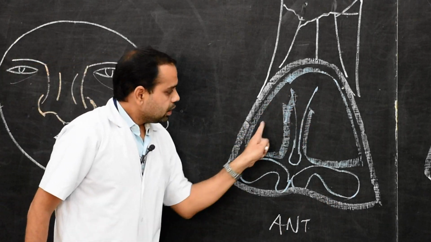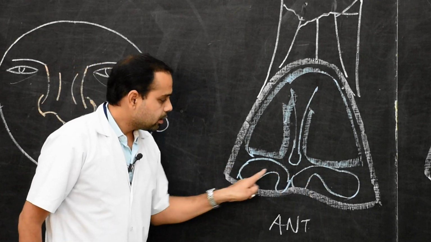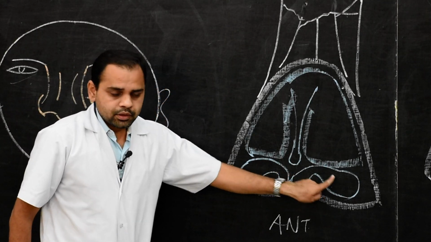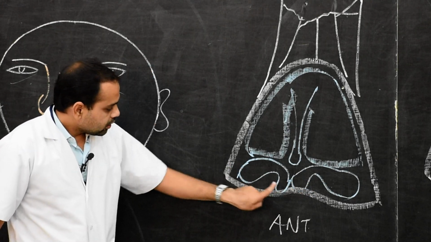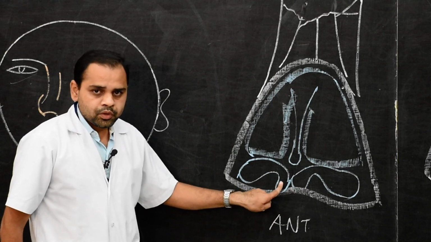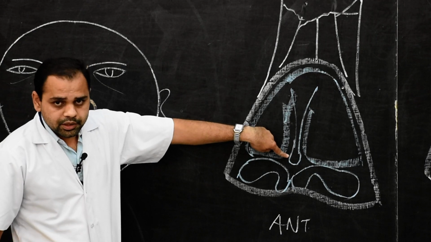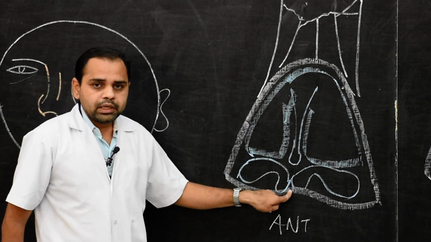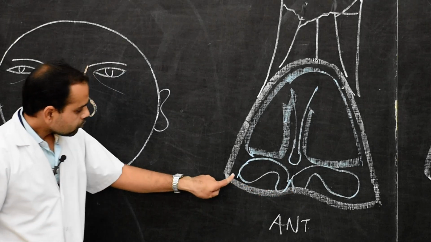So that is about the lateral nasal cartilages. Now below it, there are U-shaped major alar cartilages. These U-shaped major alar cartilages consist of a medial crus and a lateral crus. The medial crura of the two sides are united in the center below the caudal margin of the septal cartilage, and they form the lower free mobile part of the nasal septum, that is known as the columella.